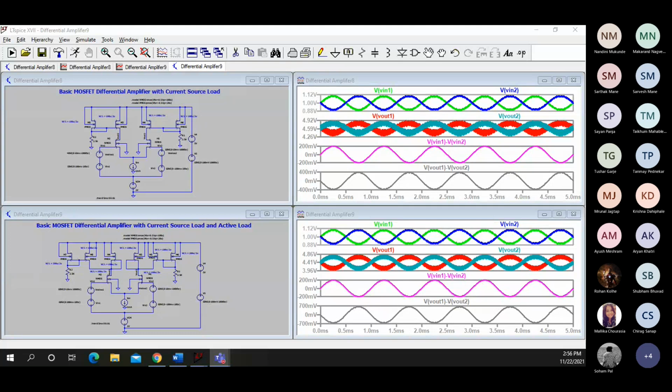Okay, so it's 3 o'clock and we have seen many differential amplifier circuits, but the main aim is to convince you that the differential amplifier works well in all scenarios, that is, even if there is noise at the input as well as in the power supply. So that's it from my side. Thank you.